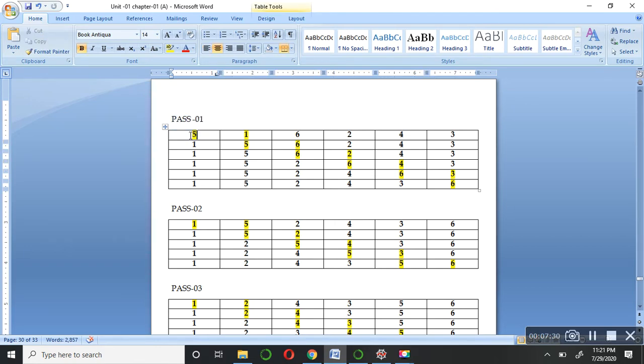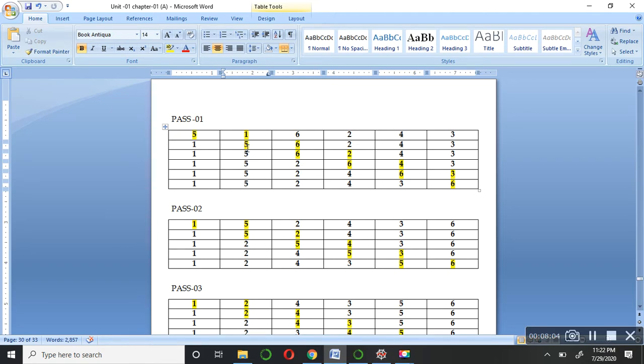It applies to the first two elements of the array or the list. We compare these two elements. If 5 is greater than 1, it has to be swapped. In the next line 5 has been swapped with 1, so the new list is 1, 5, 6, 2, 4, 3.